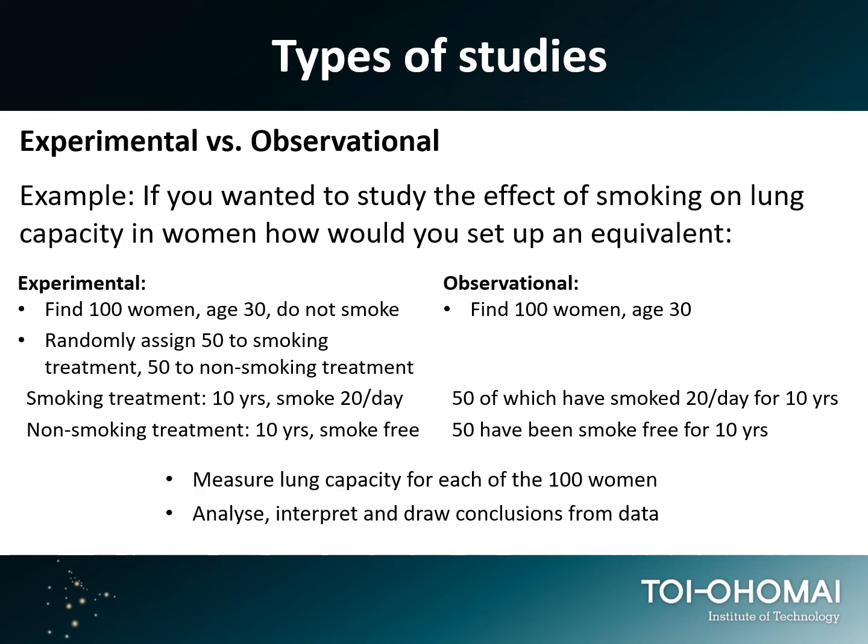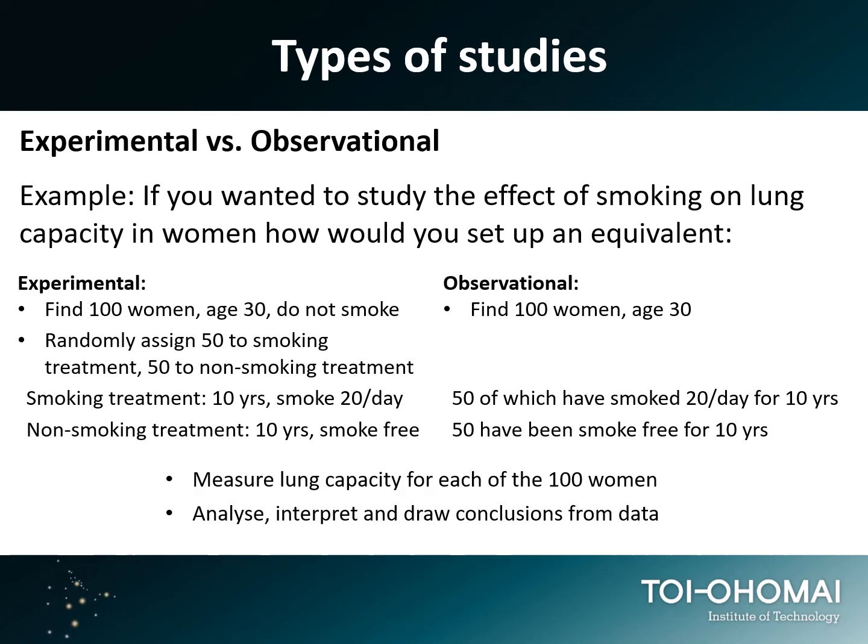And you say, you need to smoke all of these every day, and we're going to make you smoke for 10 years. And then we're going to see what your lung capacity is. And then 50 women, we're going to say, you can't smoke for 10 years, and then we're going to measure your lung capacity. So that's assigning a treatment. You are experimenting with them. You are making them do something that